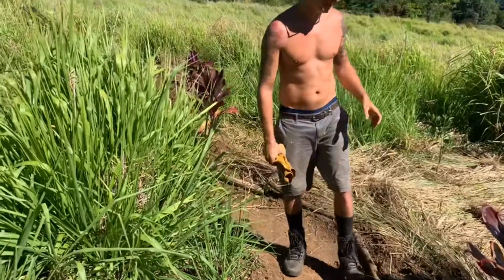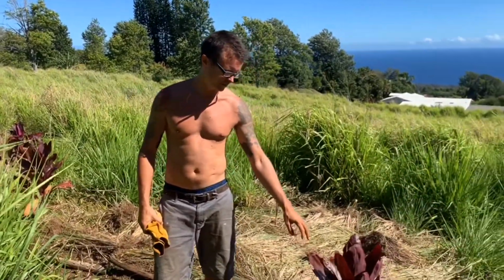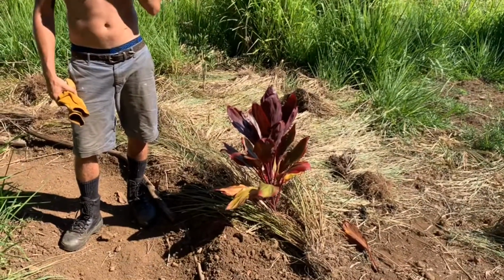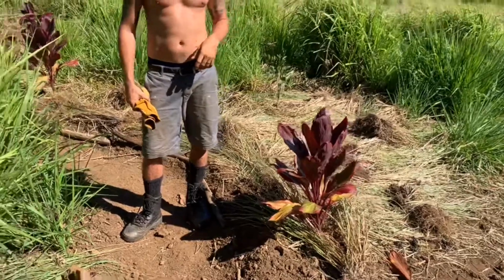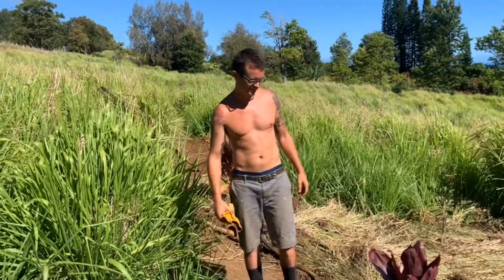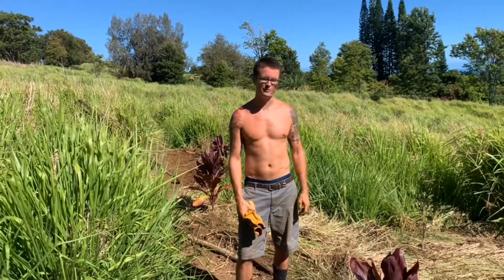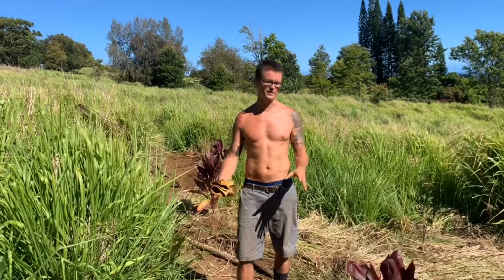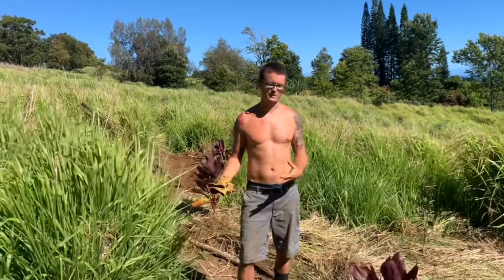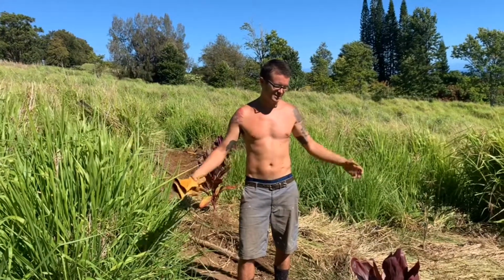We had a lovely neighbor that was nice enough to donate us some red tea leaf. So we have planted a few of these along the path to mark where the path goes. They also multiply, and we can divide and continue to expand our number of red tea leaf plants. So I'm thinking maybe this could be the red tea leaf path, because we'll have multiple paths running through here. That'll help me keep track of which trees are where, and keep the path